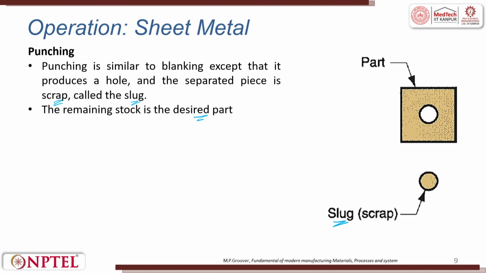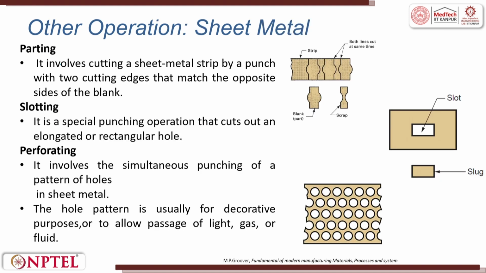Now I am sure you will be able to distinguish punching, blanking, shearing also. So, we have parting operation, parting, slotting and perforation. These are hole perforations. Suppose you wanted to sort coins, so then they will have varying diameter, or you wanted to sieve some ore. They have a sheet sieve, right, of a larger diameter hole.